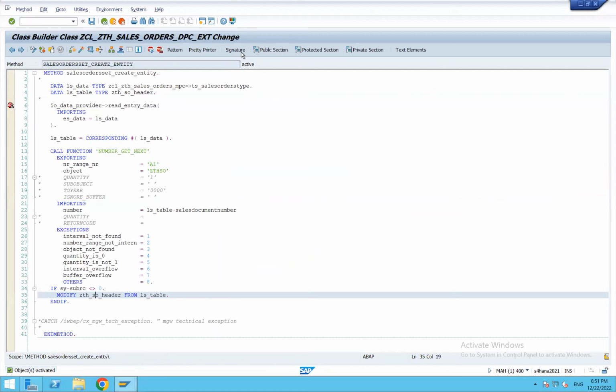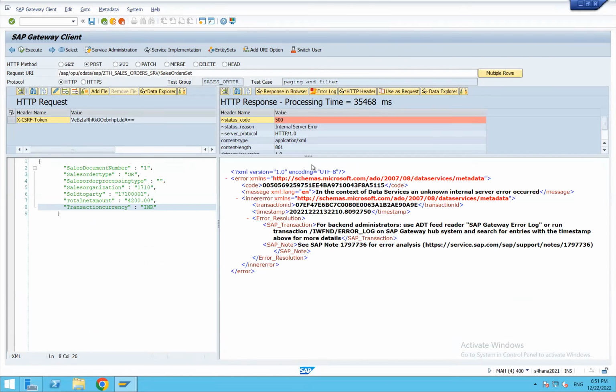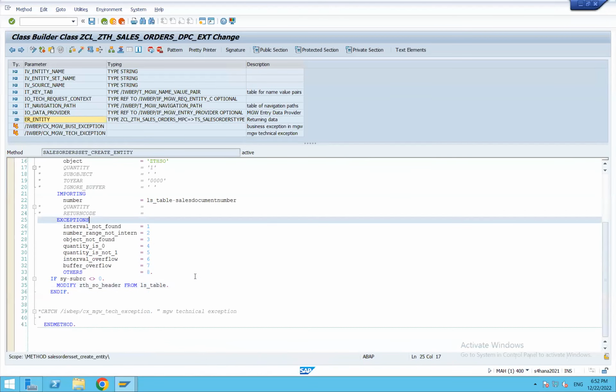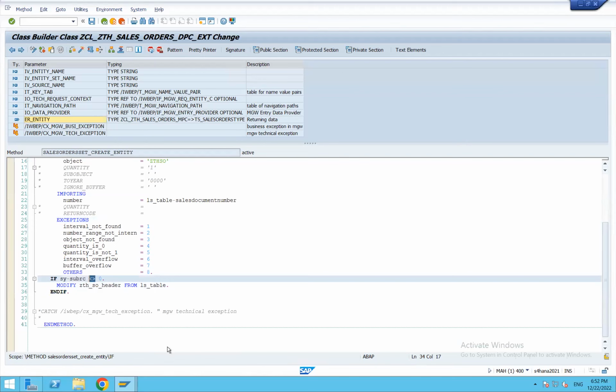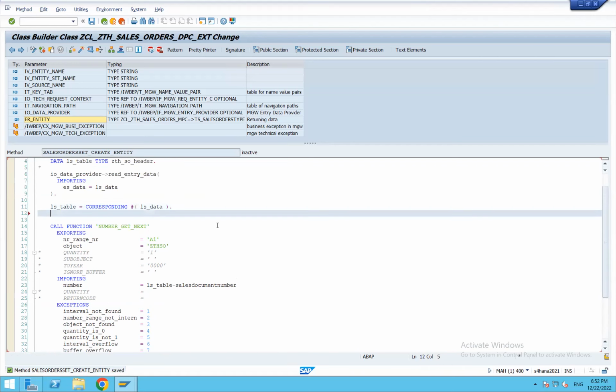That is because in our signature, if we see ER entity. So if we send this response back, then the gateway framework, the request will turn into 200 series. So 201 created HTTP response code. So let me do that. Let me first change this one equals to, if we have number, then only convert that one. And so ls table